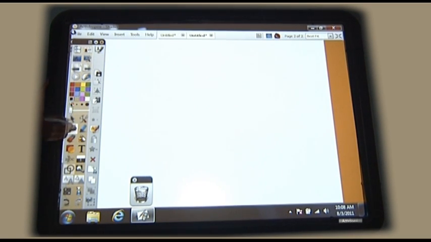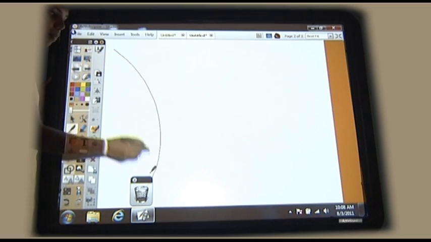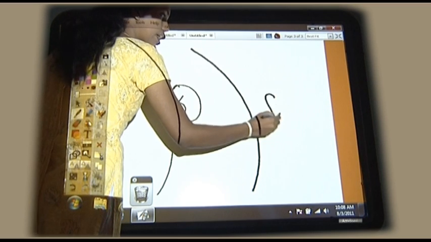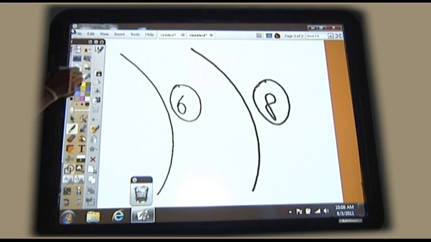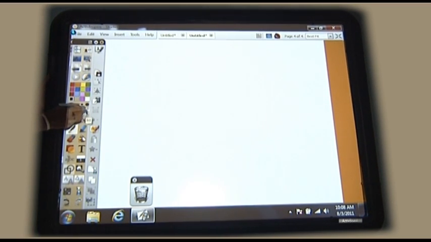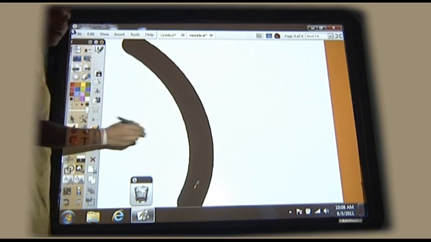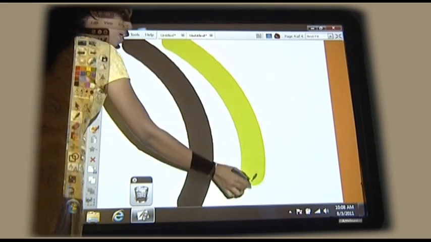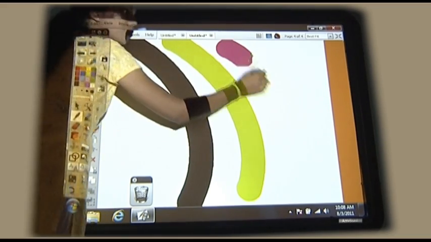Then we have pen with 4 different widths. The minimum width of the pen is 2. The maximum width is 8. And if we want more thicker than that, we can just drag this particular bar and have the width of the pen. Again, we are not stuck to one particular color. We can have any color pen on the board.